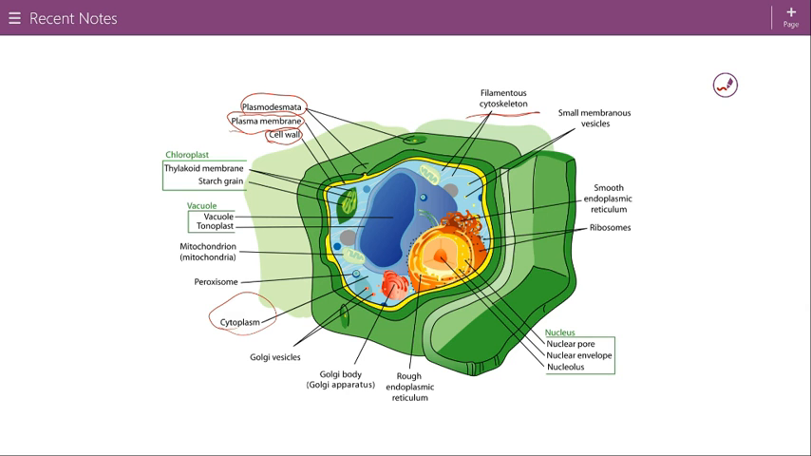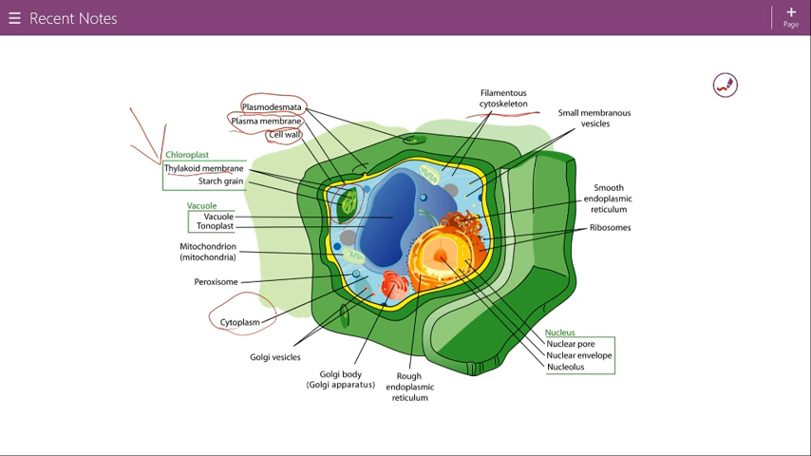Okay? So then these other blobby things on the inside are called organelles, and we'll go ahead and start over here with the chloroplasts, which is this green thing here. Chloroplasts are one of the very special organelles in just plant cells. And one of the reasons that they are so special is because they have this